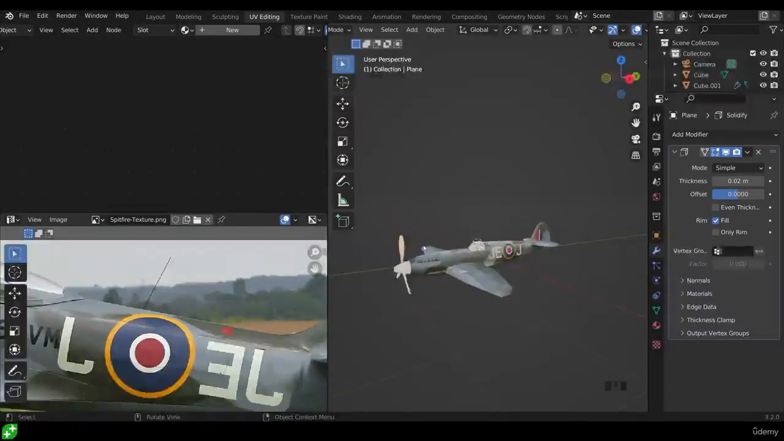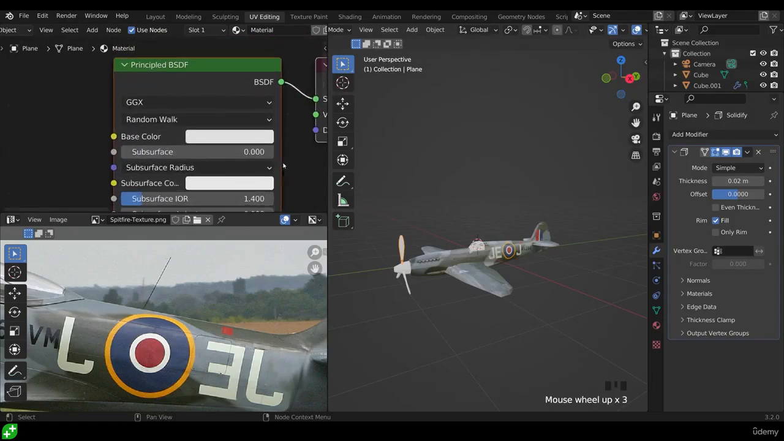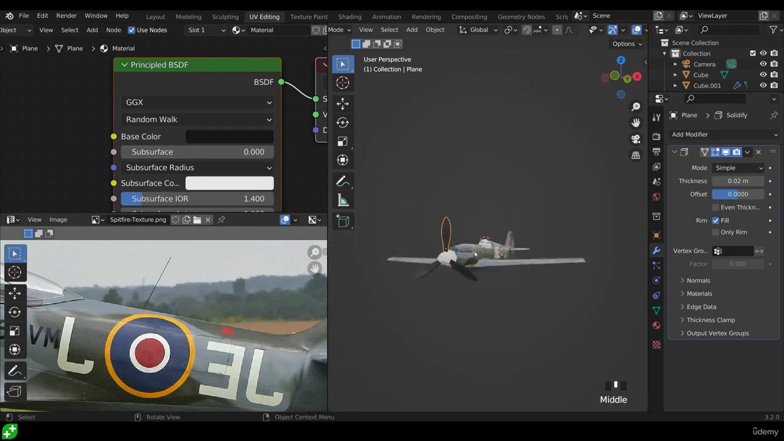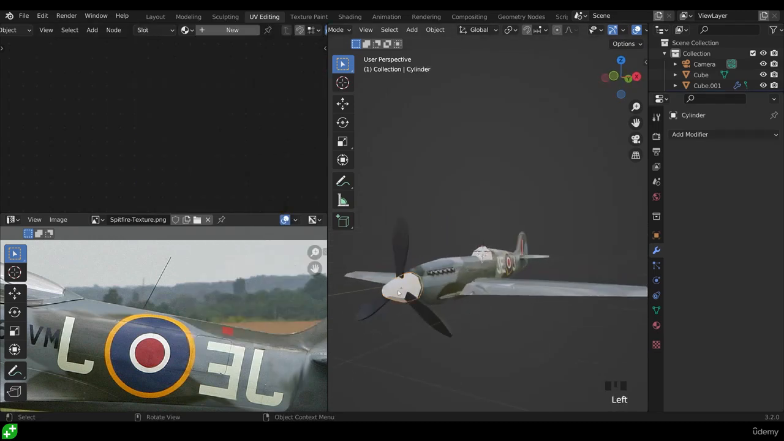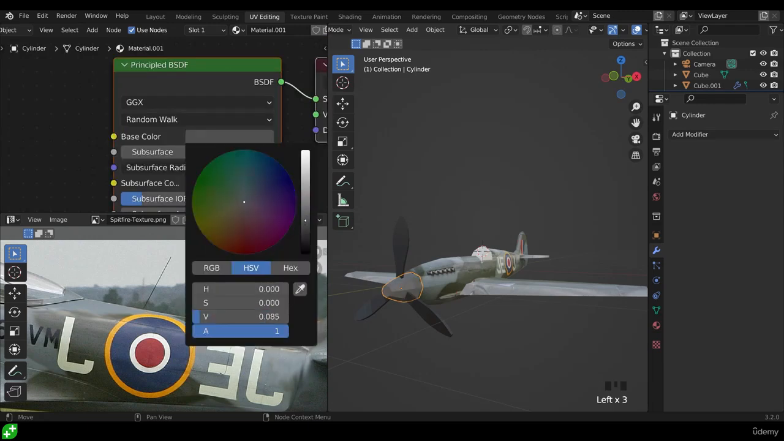Okay, so I'll start with the propeller blades. Select one of those, new material, zoom in on my Principled BSDF, and I chose a color close to black for those. Of course, when I change one, they all update. Let's select the main body now, new material once again, and I'll change this to a sort of silvery color